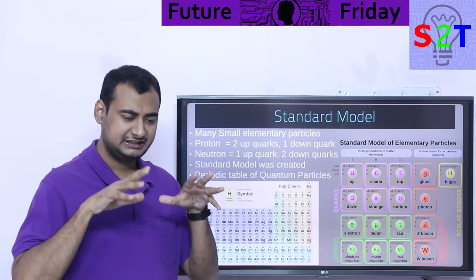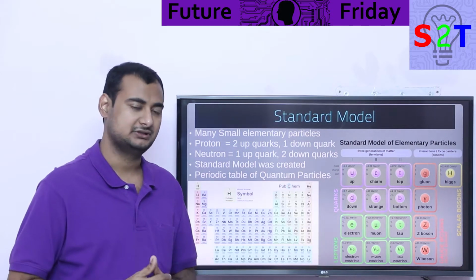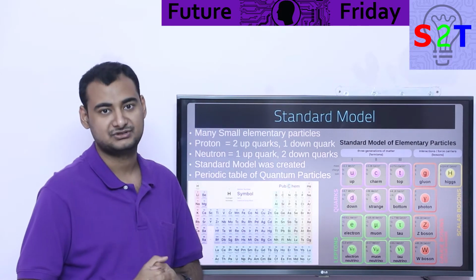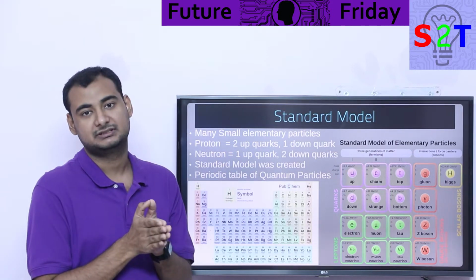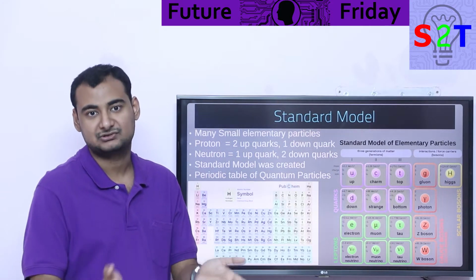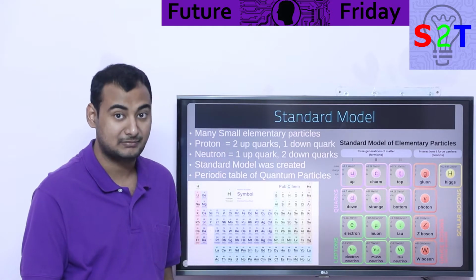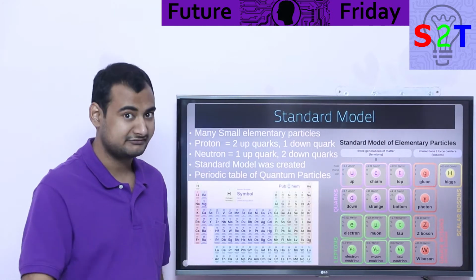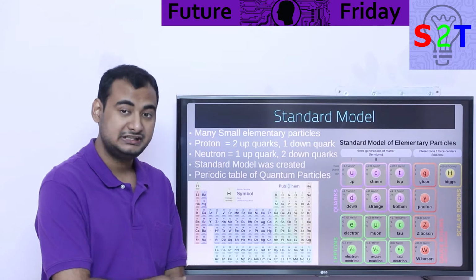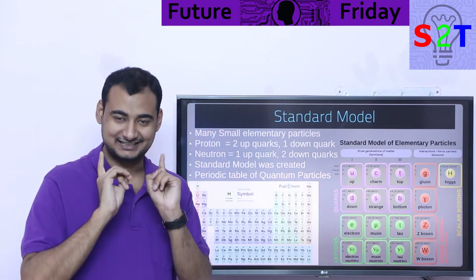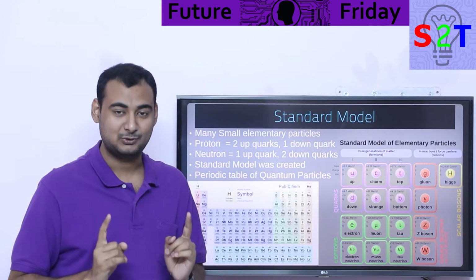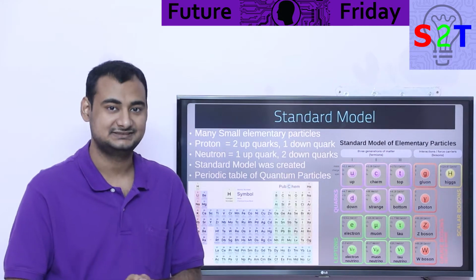Now, if you go even surface level onto this topic, you will realize the standard model comes up. So what the heck is this standard model? Well, just as you do not go below atom, because you will reach a point where you are no longer dealing with matter but something different, the quantum world, the same goes here. Now we are dealing with elementary particles. What does that mean? That simply means that till this point, scientists being very clever nowadays, we have not found any way to break this particle anymore.